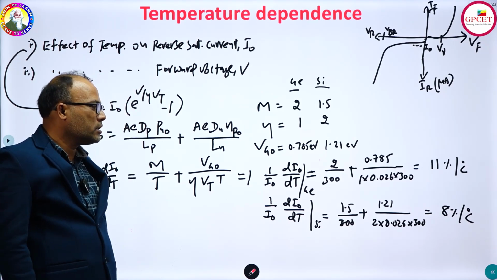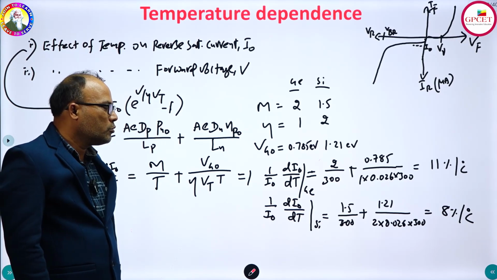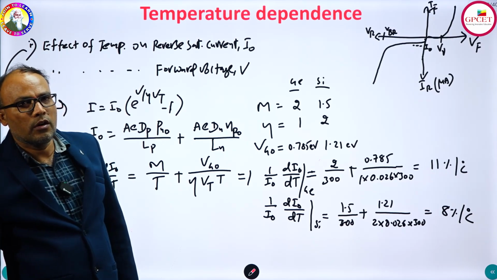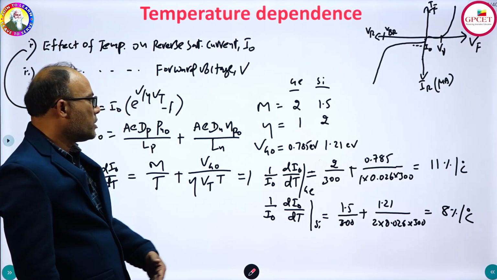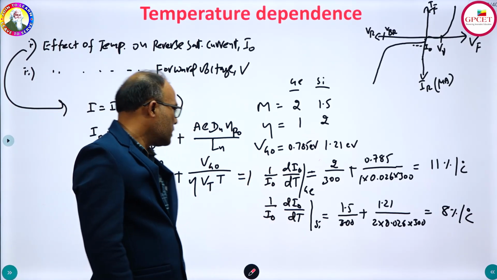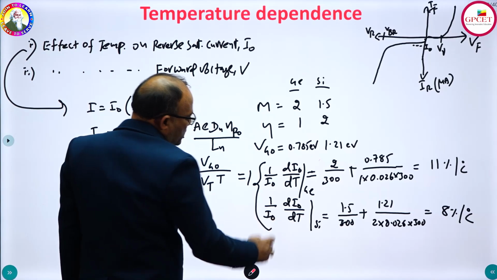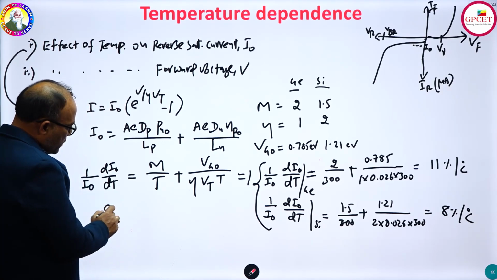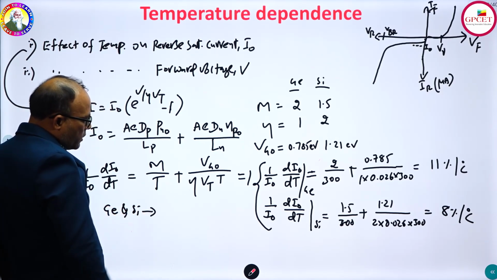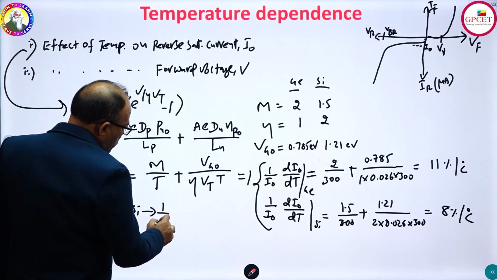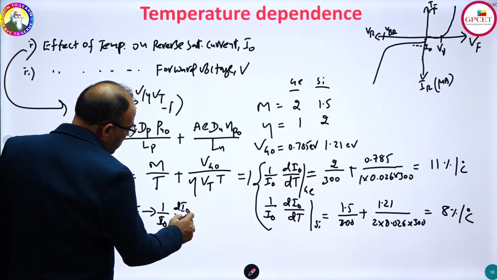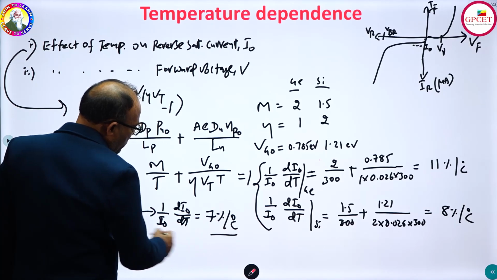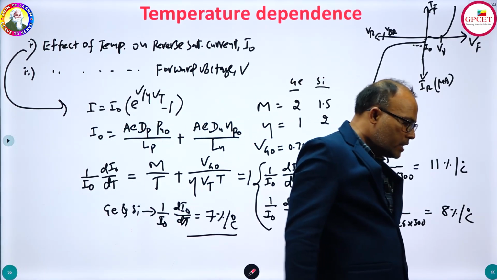That means for silicon diodes, for every 1 degree C rise in temperature, the reverse saturation current varies by 8%. So this is the temperature dependence of germanium and silicon diodes. But on an average, taking these two into consideration, for both germanium and silicon, we can take the relative temperature coefficient 1 by I0 dI0 by dT as 7% for every degree C rise in temperature, because there